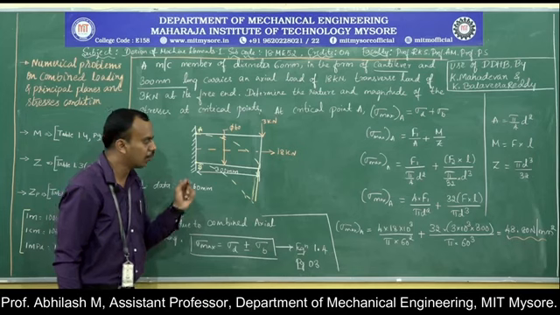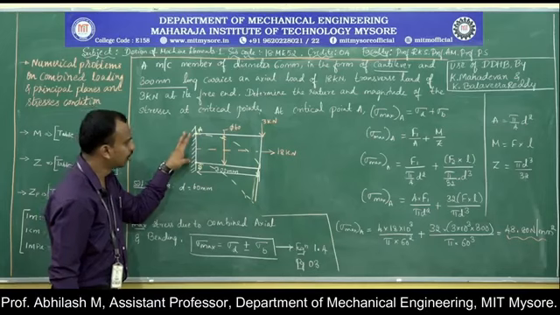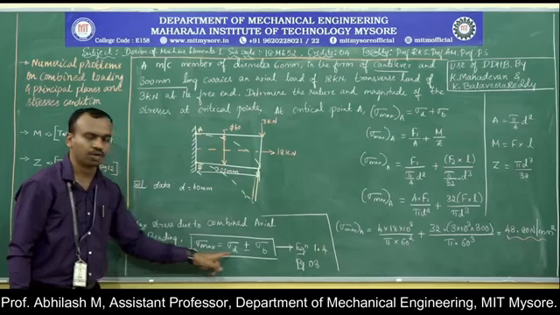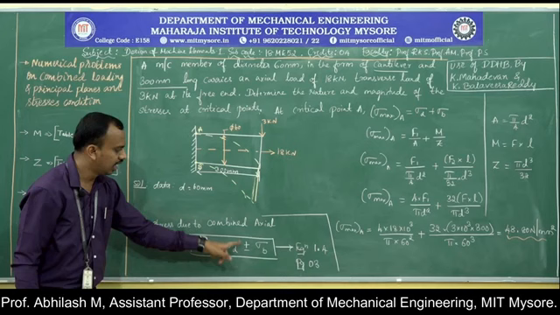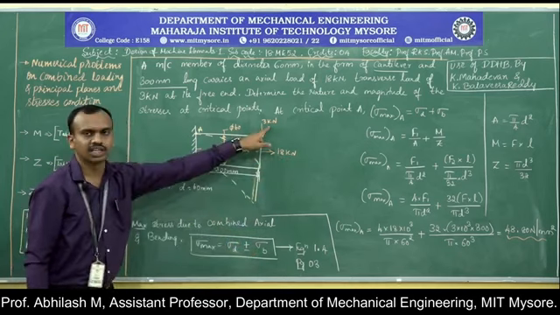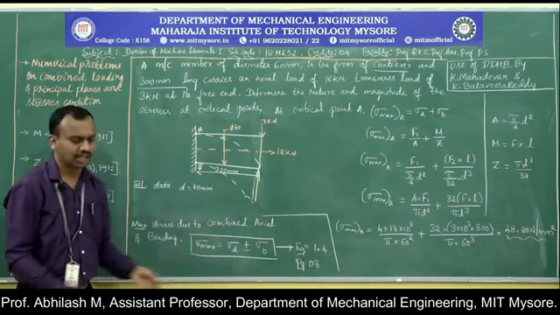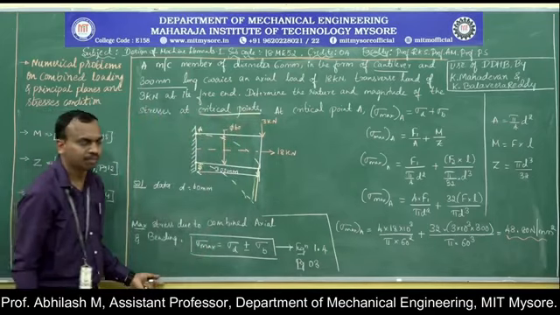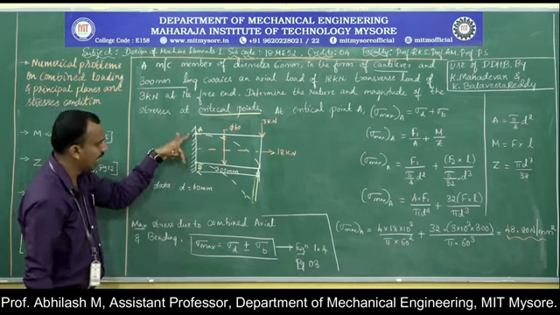We know that for the combined load of axial and bending stress, the maximum stress in the machine component will be given by the equation sigma max equal to sigma d plus or minus sigma b, where sigma d is because of the axial load, and sigma b will be because of the transverse load. So this is a general condition, but what they have asked in the problem is to calculate at the critical points. So we have identified the critical points to be point A and point B. Then what will be happening at the point A and B?